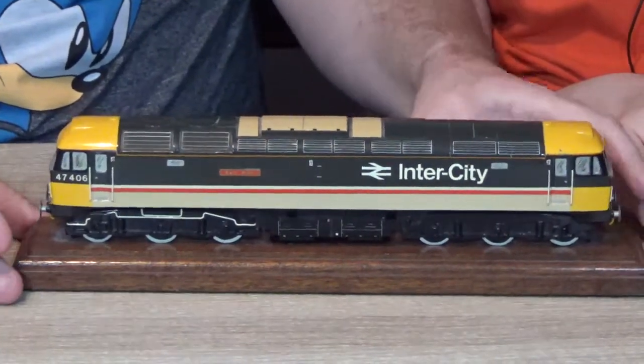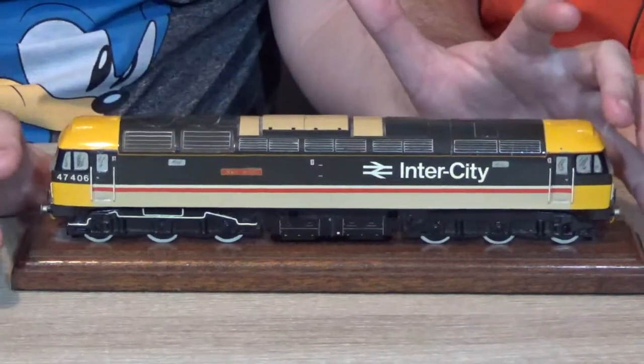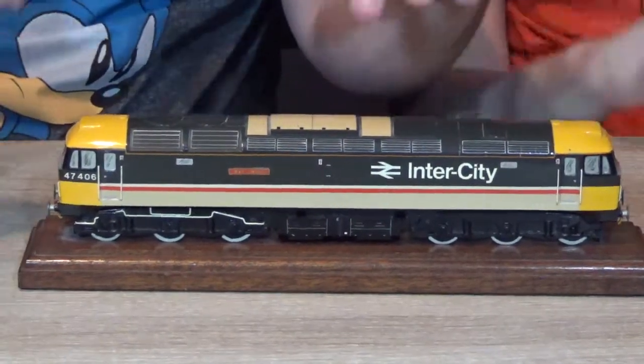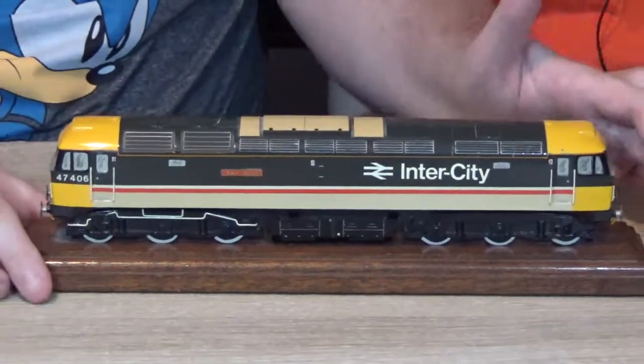So what I'm going to do, because there's another thing to this, is show it on the turntable to show what it looks like. And then I'm going to unscrew the base, because there's actually writing inside. So if Brett brings over the turntable...